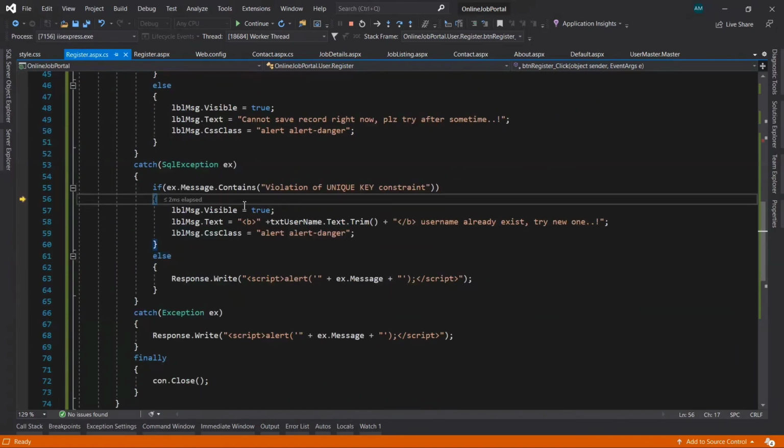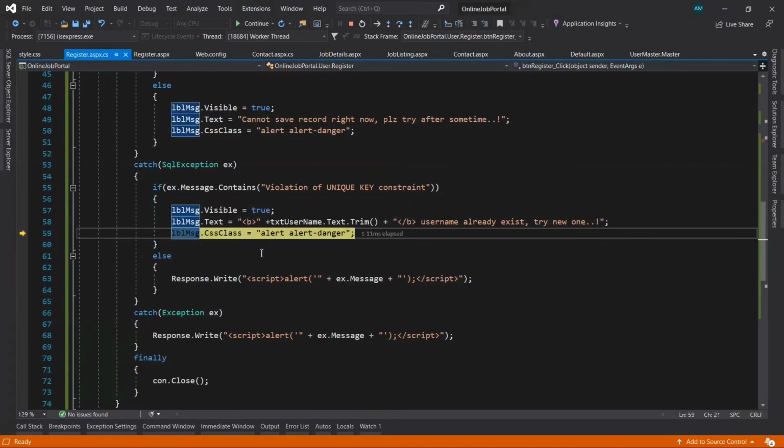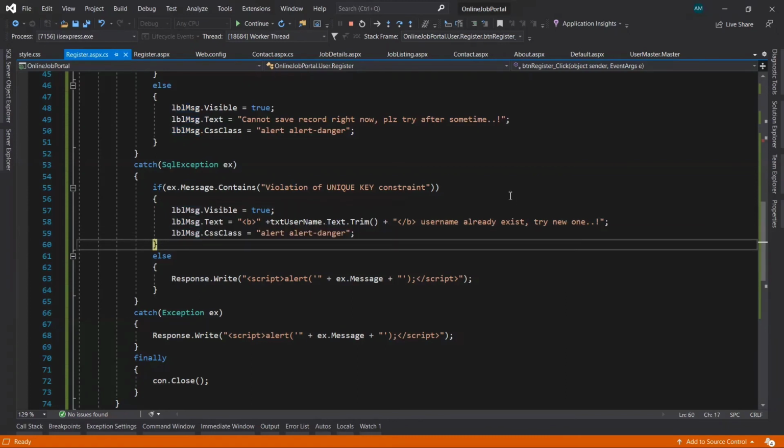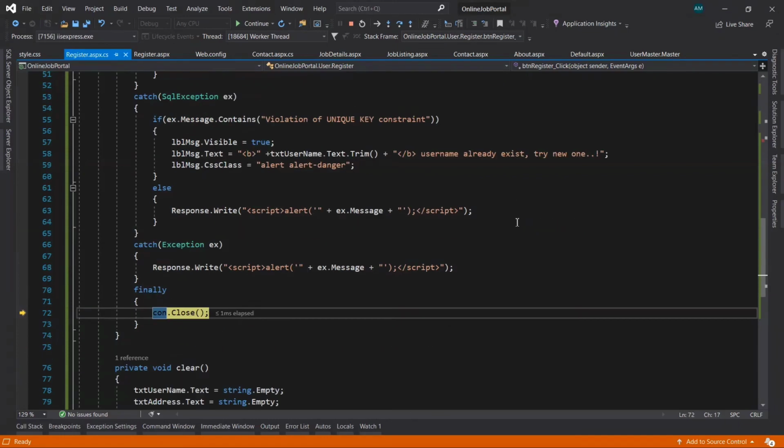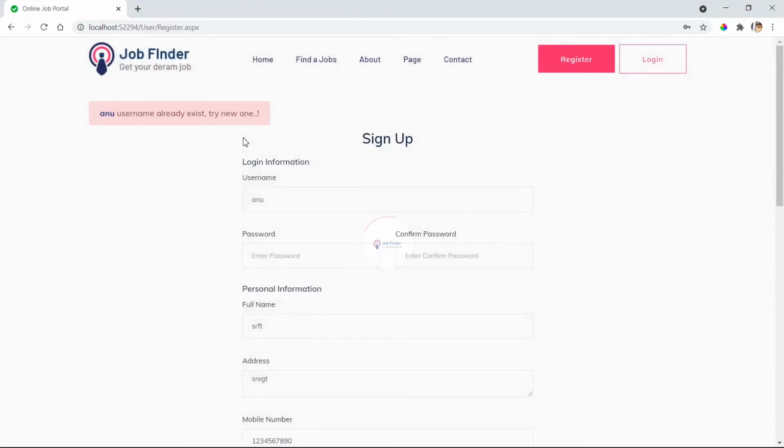Now it's proper, so it will display the message: username already exists, try new one. So it will show that message to the user. We can see here the username is in bold.